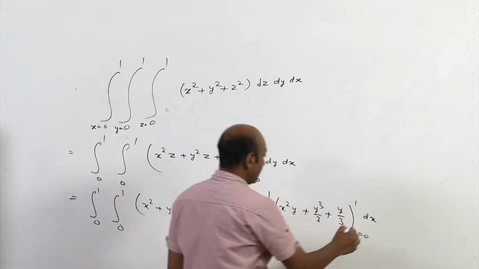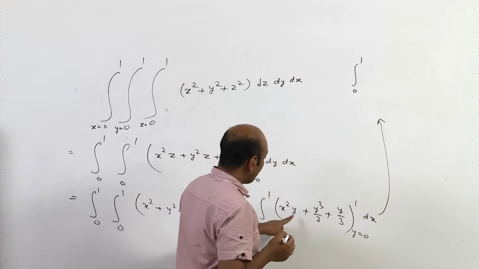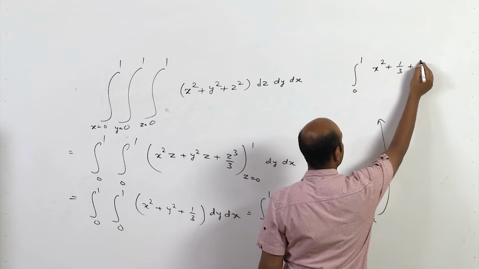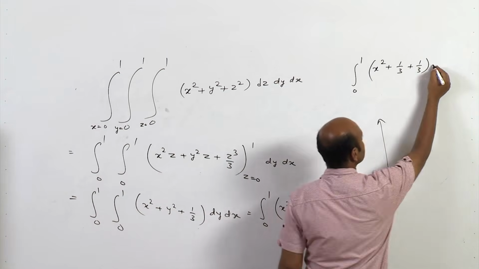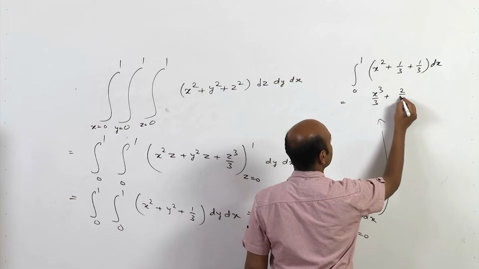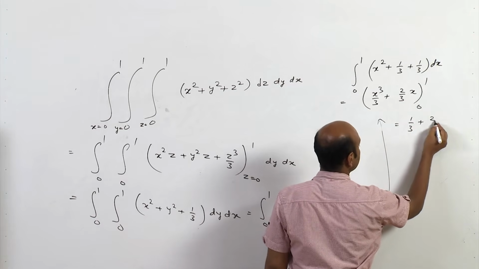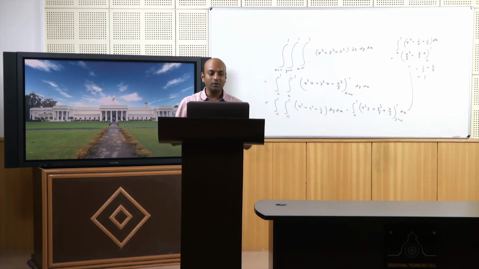So, this value will be, from 0 to 1, you put y equal to 1, then it is x square plus 1 by 3 plus 1 by 3, and for y equal to 0, all are 0, dx. So, this is again equal to x cube by 3 plus 2 by 3 x from 0 to 1. So, it is 1 by 3 plus 2 by 3, which is 1. So, the final answer is 1. So, in this way you can solve such type of problems, and similarly you can also solve the next problem